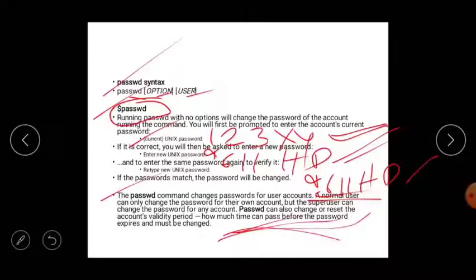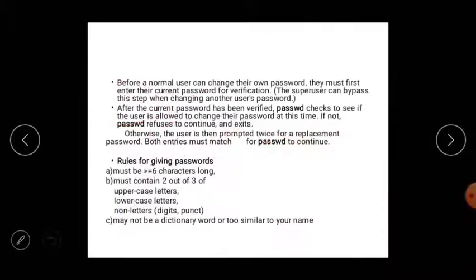using the passwd command. Before a normal user can change their own password, they must first enter their current password for verification. Where normal users want to change their password, we have to enter our current password.